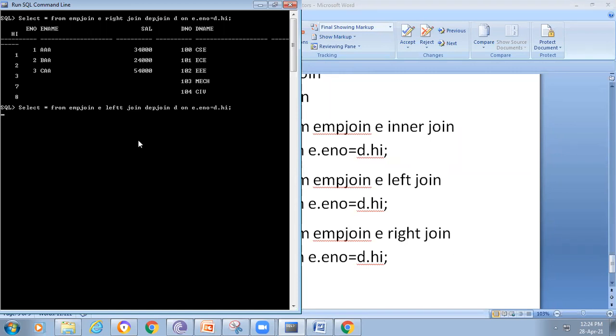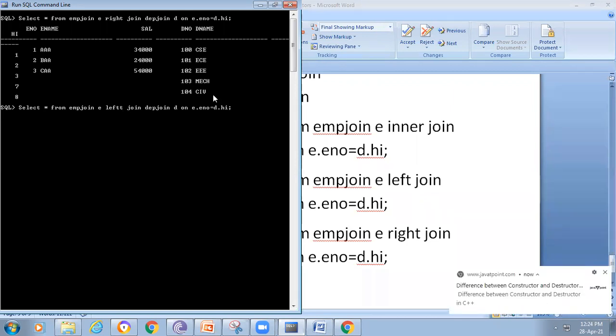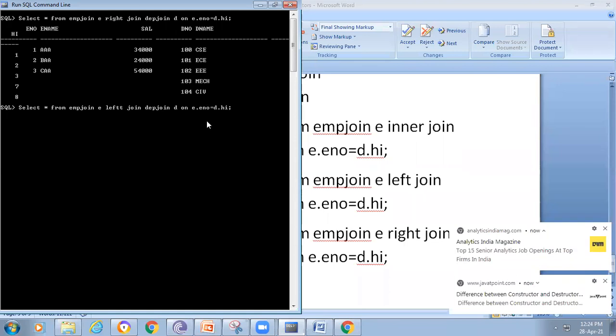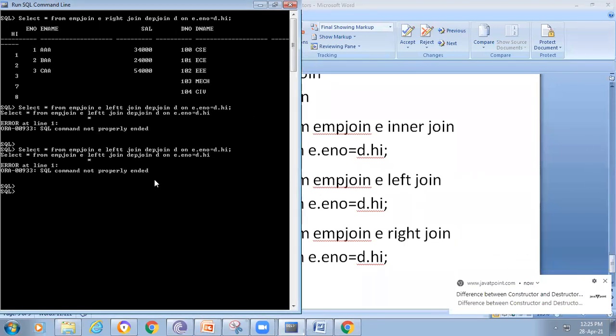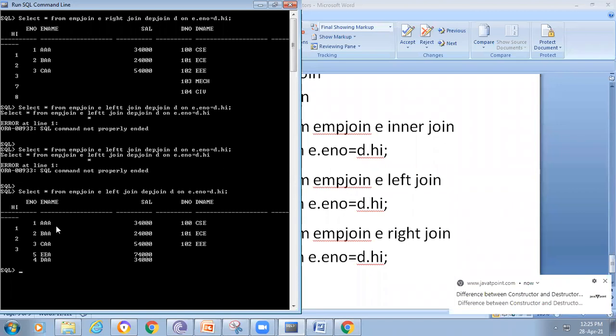Select star from emp join, left join. Sorry, if you give left here, you observe 1, 2, 3, 4, 5 is there, and here 1, 2, 3, 7, 8.